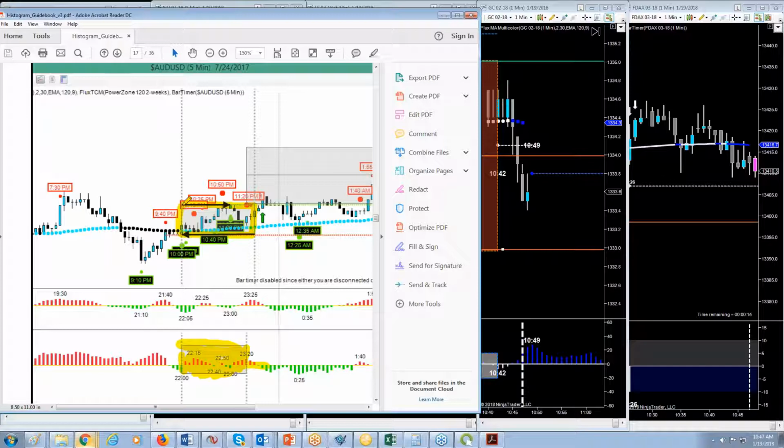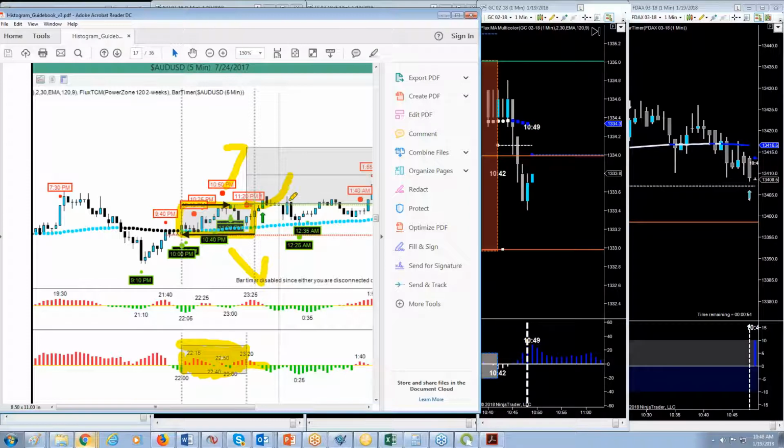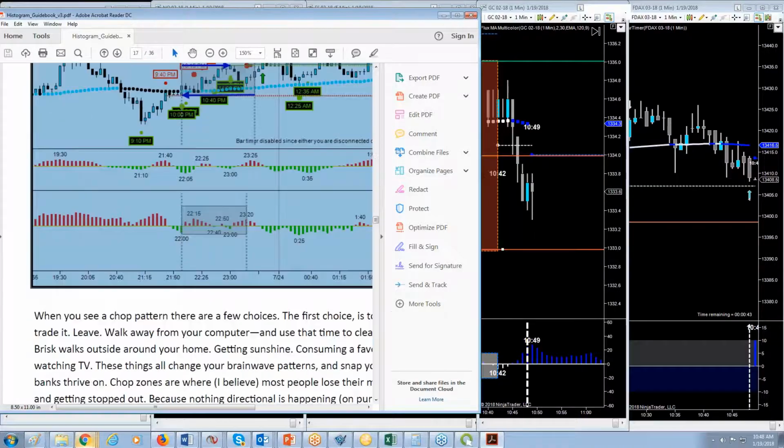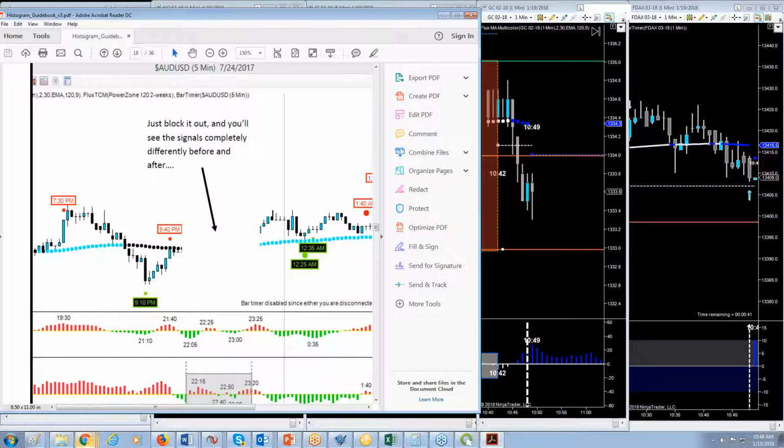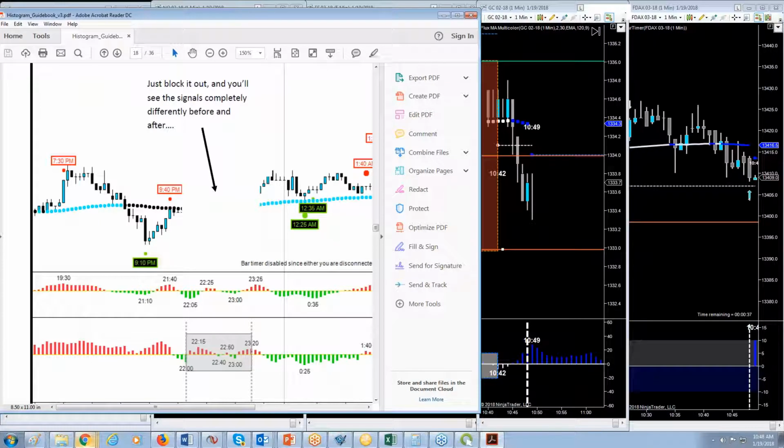No, John, I'm explaining it to you right now. They were chopping people out on purpose. Okay, and so what I do is I look to see, are they going to emerge from the chop zone this way or emerge from the chop zone that way? Right? And so whichever way they pick, it'll usually go one size of the box and two sizes of the box in that direction. Your other option is to completely ignore price while it's in the chop zone. Just make it invisible.